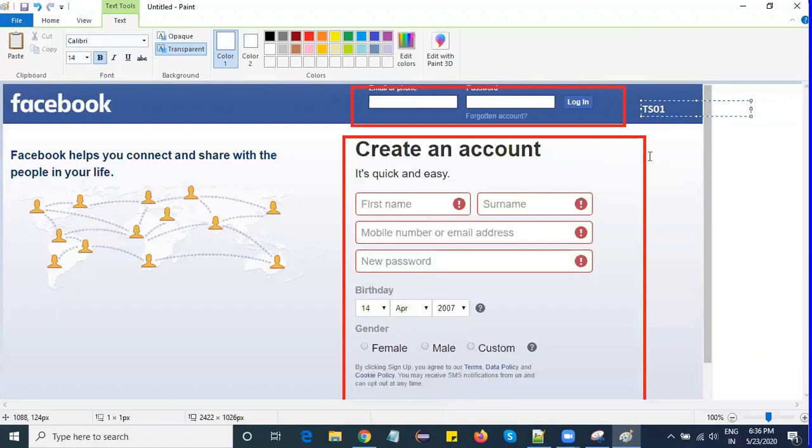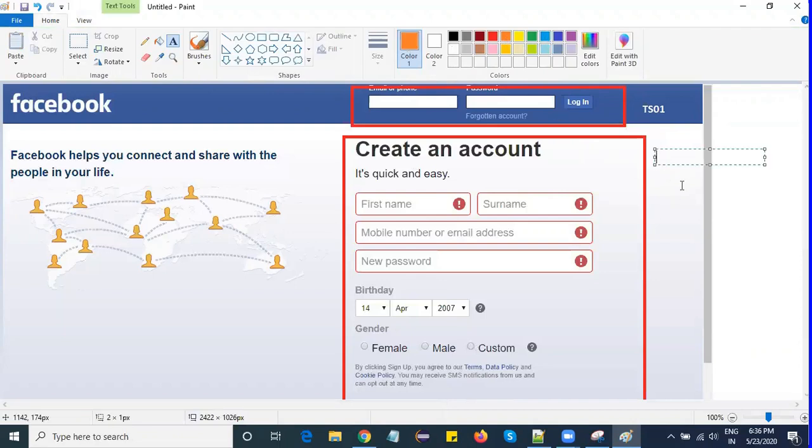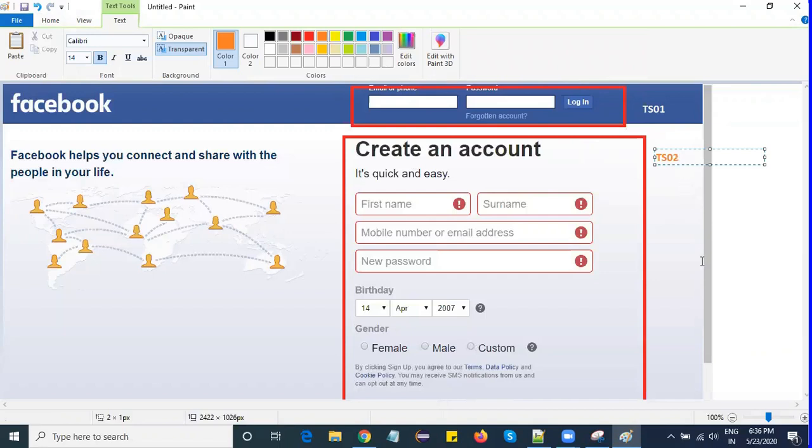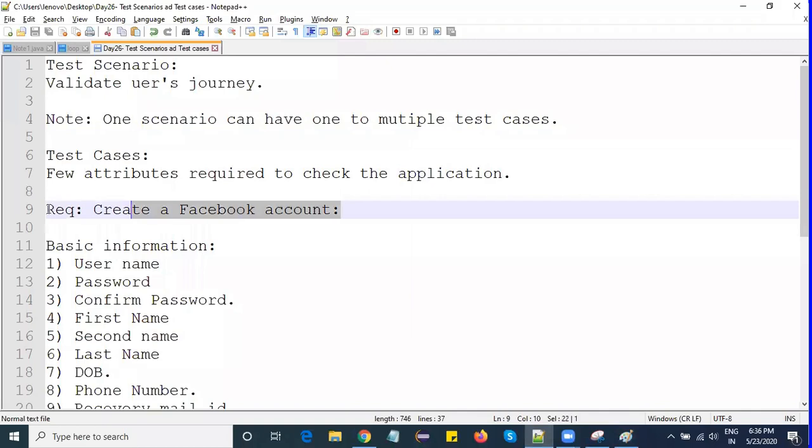Let me write in a different color. This is my second scenario. My first scenario deals with the already created account page, whereas the second scenario deals with the creating an account page. So my requirement deals with creating a Facebook account, right?